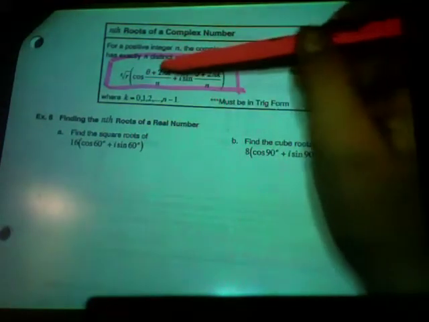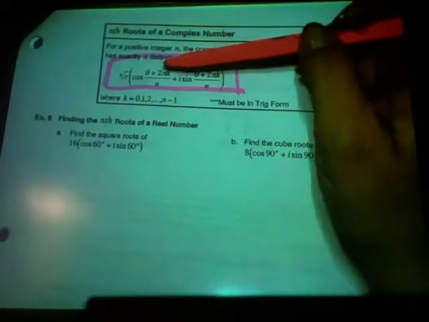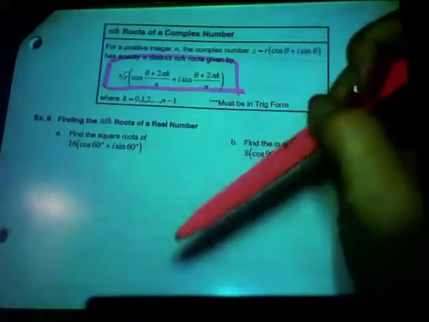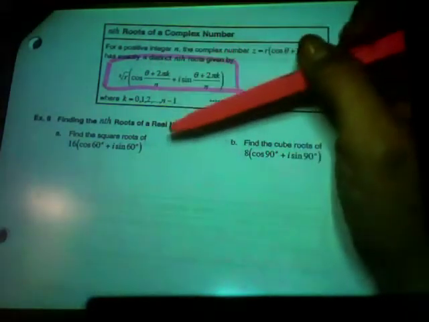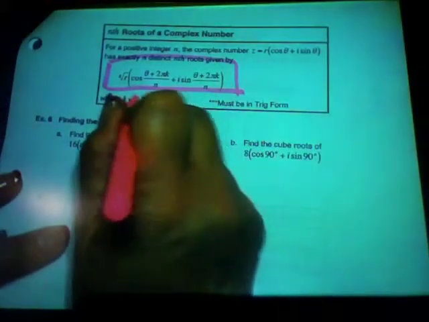This is a formula that you need to use. Whatever root we're taking, we're going to take that root of the magnitude. Then here's your theta. Whatever root we're taking is what goes in the denominator of this fraction. We have 2 pi. 2 pi can be exchanged for 360 degrees if your original question is in degrees, which you'll see all of my questions are. So you're going to see me replacing 2 pi with 360. And then there's this thing k. K always starts at 0